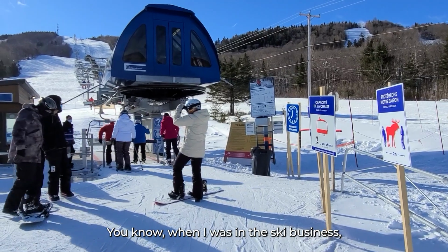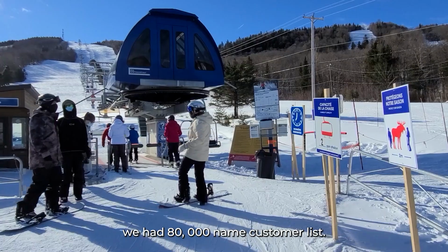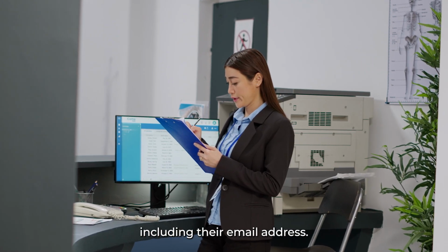When I was in the ski business, we had an 80,000 named customer list. The reason is that every time they bought, and at the time there was no email, we got their name and address and we put it on the sales slip. And then we took the sales slip and we added it to the database. So every time you make a sale, you must get the customer information, including their email address. By doing that, you now have an opportunity to market to them again and again and again. And it's really important that you rejuvenate those former customers and that you maintain that database, because without the database,